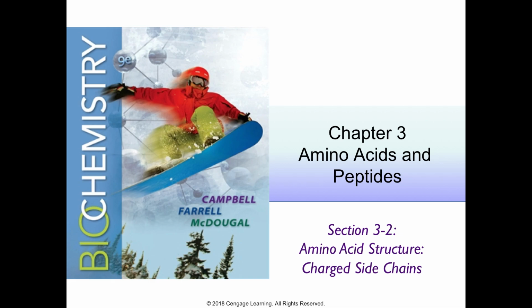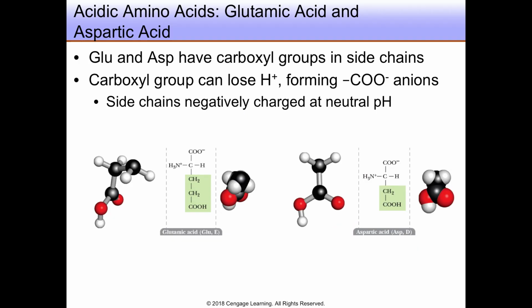In our last lesson, we considered the structures and properties of amino acids that were uncharged at neutral pH. Let's look at those that are charged and see how they compare. There are two amino acids that we classify as acidic, glutamic acid and aspartic acid. These carry end carboxyl groups in their side chains, the distinction being the length of the aliphatic portion of their